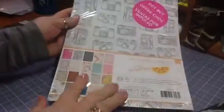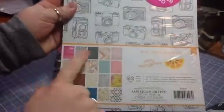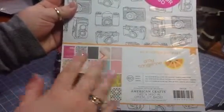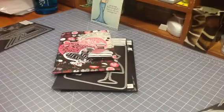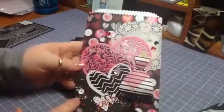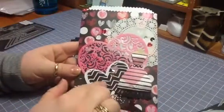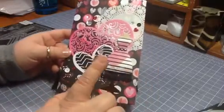It's out of the Amy Tangerine $5 packs from Michael's. It's this pink one that has sort of the white dry brush across it. So I didn't want it to just be a solid heart, so I like how it has sort of a gradient to it. This black is just a piece of ephemera from a pack, and then for my